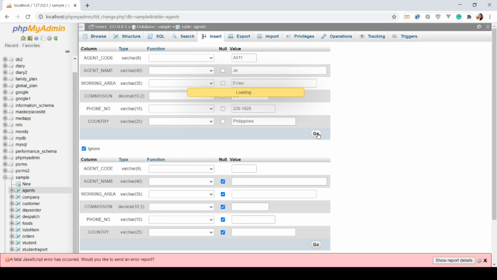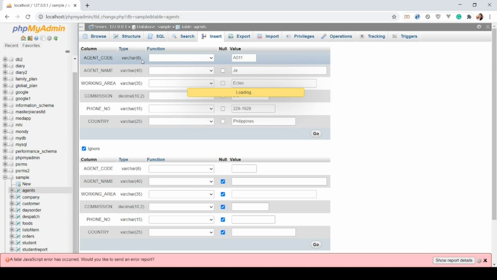If in case, guys, that you don't want a primary key that's varchar, you can choose a data type, int format. So you can assign that primary key to be auto incremented.